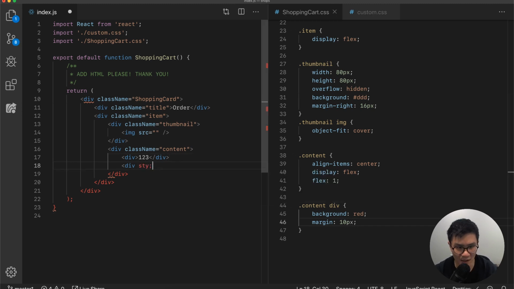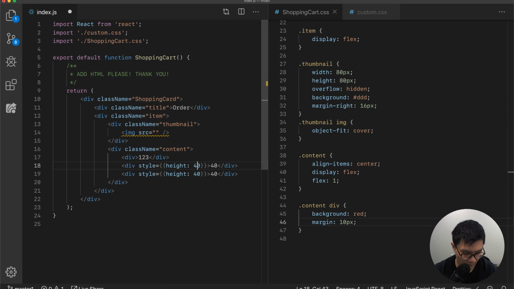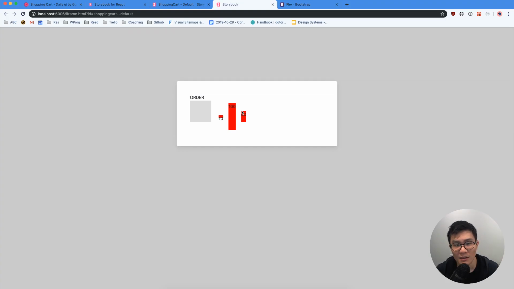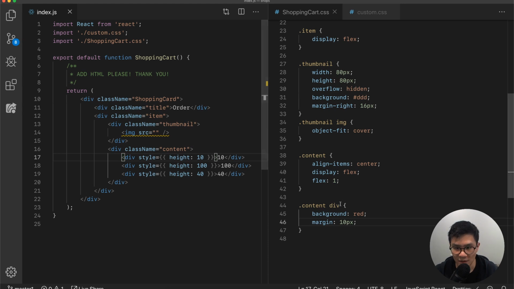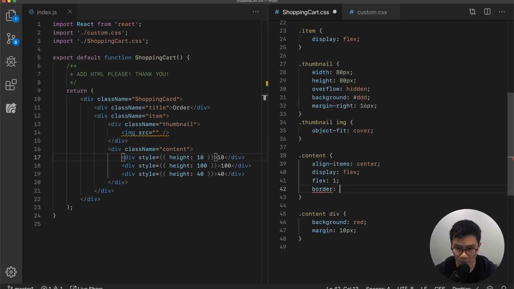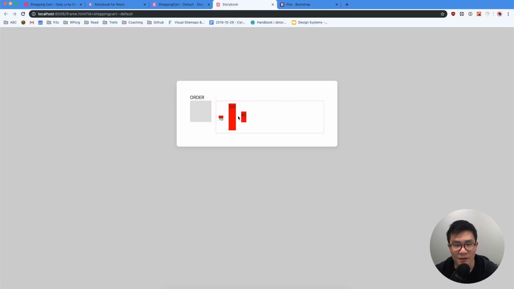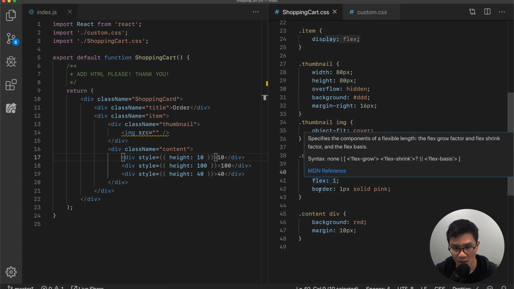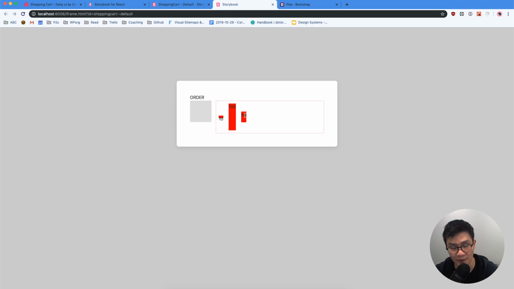So this one, I'm just going to write this inline style real fast, height of 40. This one has a height of, I don't know, 10. This one has a height of 100. Right. So you can see that, I'm going to draw a square around here. Border, 1 pixel solid, pink. Great. So you can see that with display flex and align items center, regardless of how tall something is, it'll